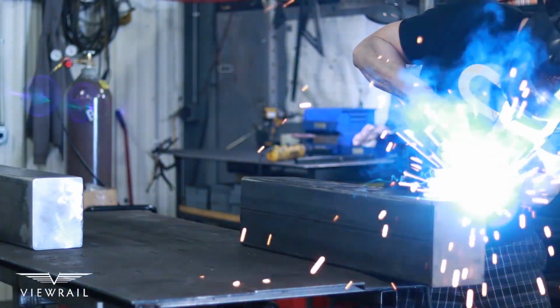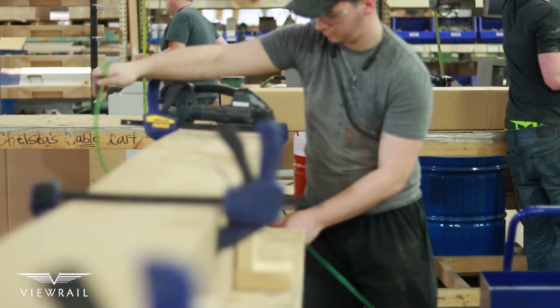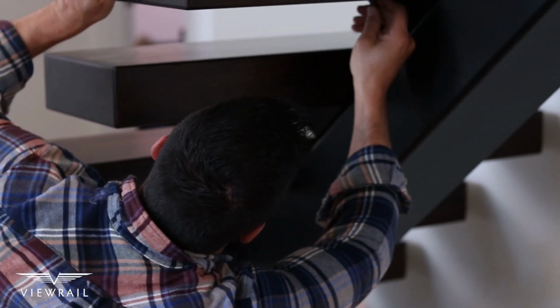When Viewrail first launched our floating staircase systems, they were a fully welded system. As time went on and we started to get feedback from our customers and installers, our engineering team addressed some of the concerns such as the high shipping costs and ease of assembly. Some of the things they did were the bolt together header, footer, and even pre-drilling the treads for ease of